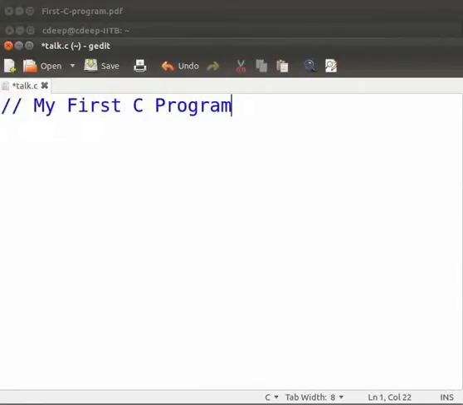Now press enter. Type #include space opening bracket closing bracket. It is always a good practice to complete the brackets first and then start writing inside it. Now inside the bracket type stdio.h. stdio.h is a header file. A program must contain this header file when it uses standard input-output functions.